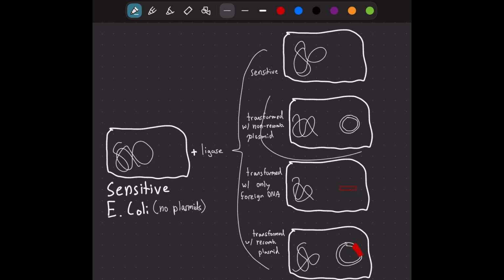coli. Down here, it contains an E. coli with a plasmid. And then down here, it's going to be our E. coli with the chromosomal DNA with foreign DNA. Foreign DNA is something that we usually add into the plasmids, as I mentioned in the previous video. And then the last scenario is going to be transformed with recombinant plasmids. This means that the recombinant plasmid has the foreign DNA inserted into the plasmid, and we insert that into the